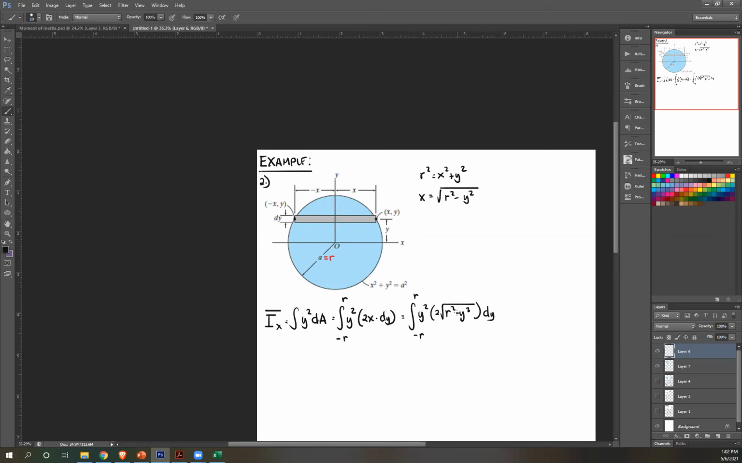Now don't worry, even though I have an r there, r here is a constant. Why? Because that's the radius of your circle. No matter where you put this element, the radius of your circle is the same. That's why it's just a constant. Now this is just a matter of integral calculus. So I'm not going to show that solution anymore since we're concerned with mechanics here. I'll just note, using integration,